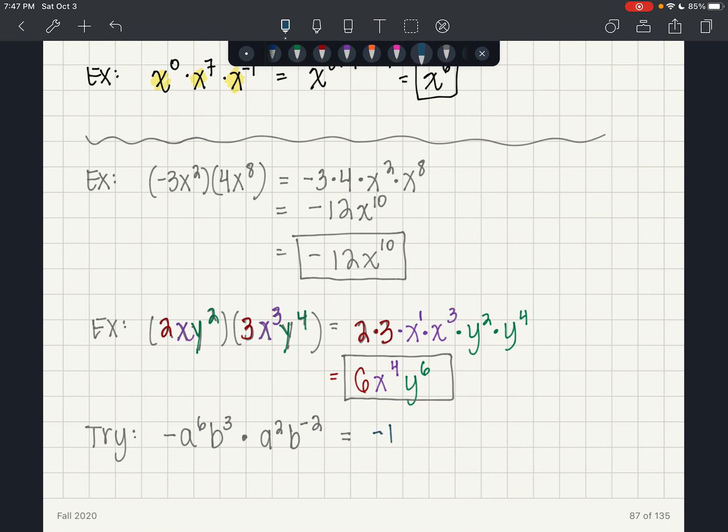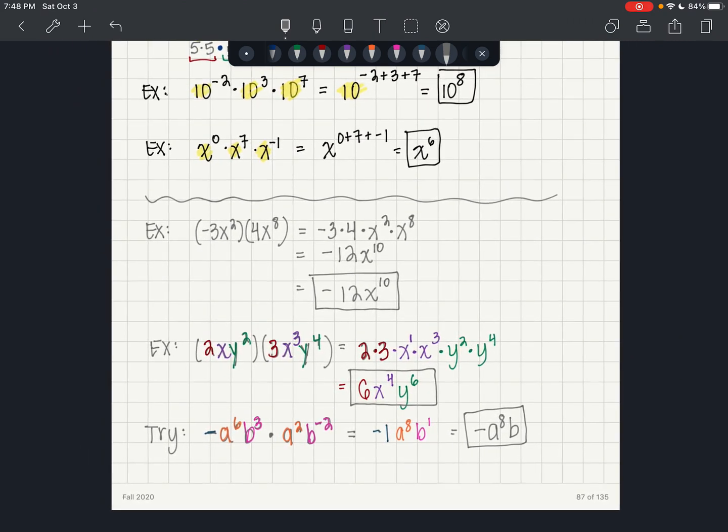Okay, I made this a negative 1, so I made that negative a negative 1, and then a to the 8th, and then b to the first power. And then I simplify that by writing negative a to the 8th b. Negative a to the 8th b. That is our rule for